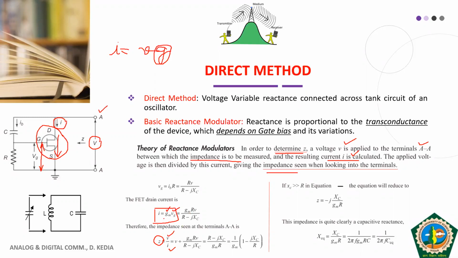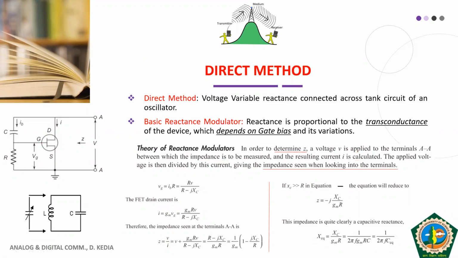Okay, so this is one thing. Now our aim is to find out this value of I. Before we do that, we'll have to look for some more expressions. That is, we need to find out the value of Vg, that is, how much voltage is present across the gate.